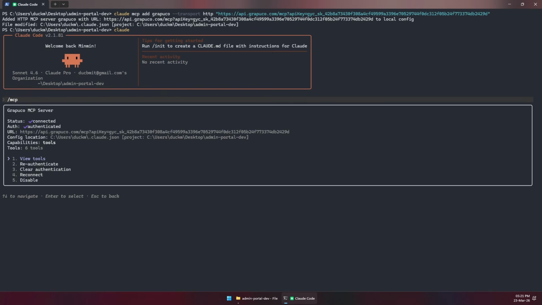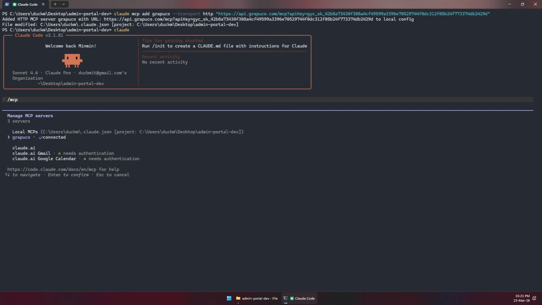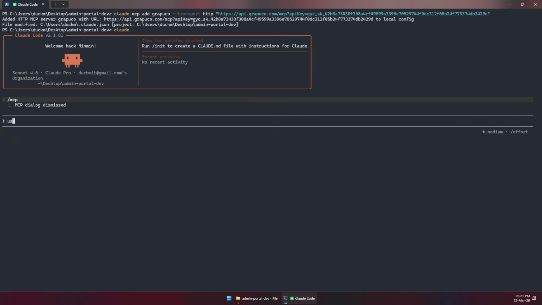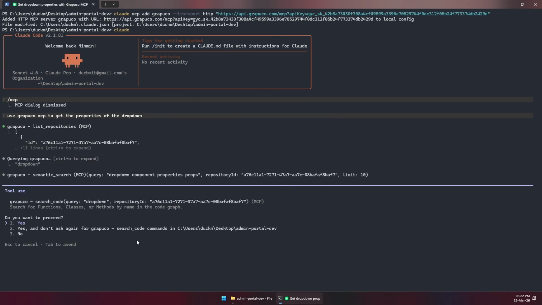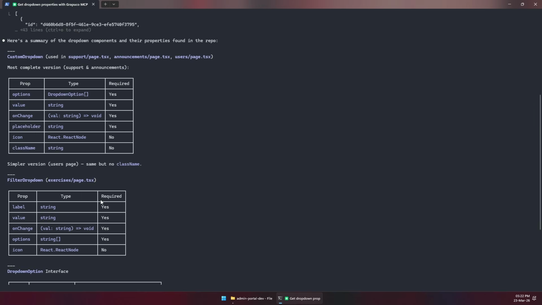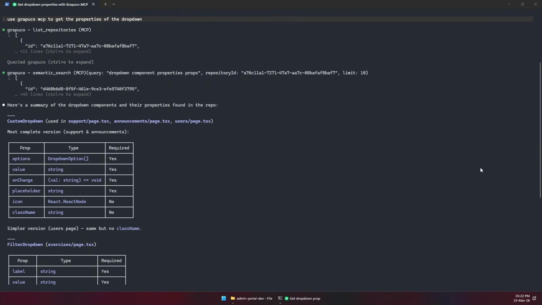After a short time, Claude Code will be able to connect to the MCP and you can see the list of tools that our MCP provides. Since then, you are ready to go. Let's try a simple prompt to test the MCP connection. It ran perfectly. Now we move on to how to configure MCP via JSON for Antigravity.